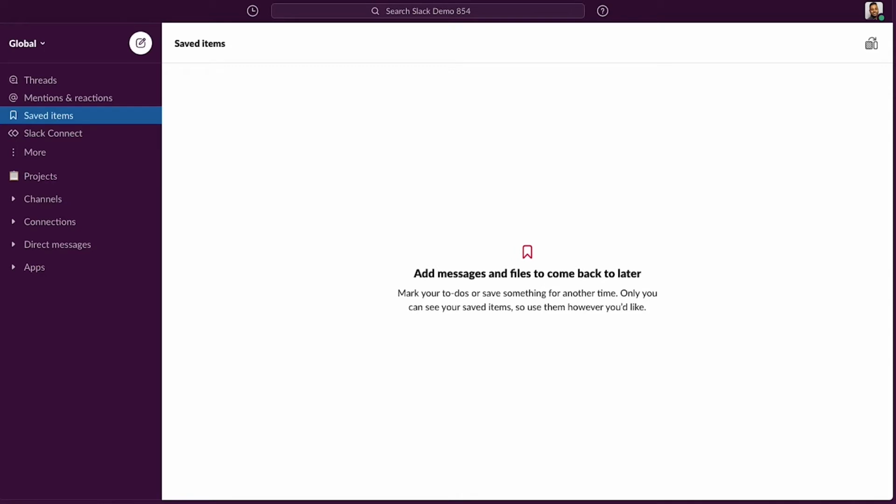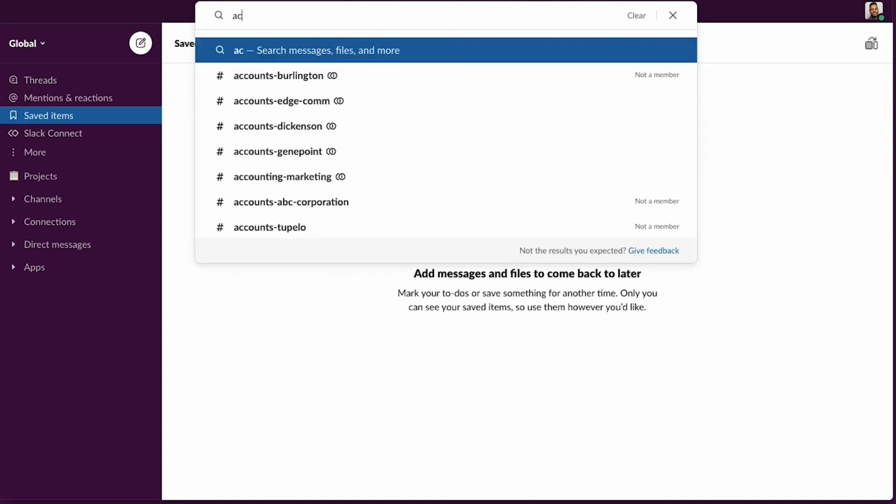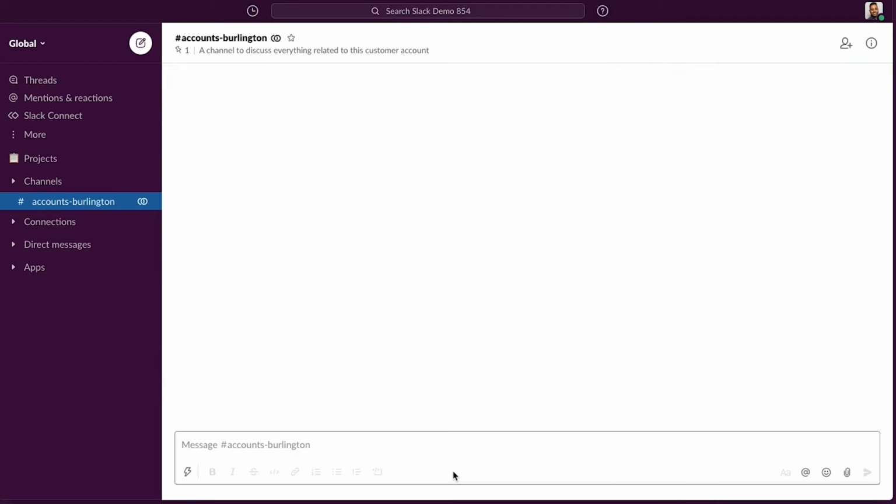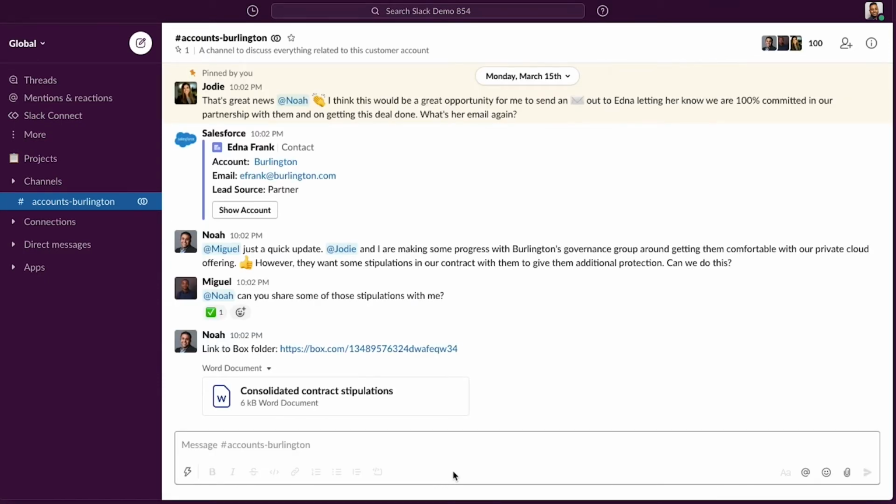At Acme, we create a dedicated channel in Slack for each of our accounts. So I'll start by searching for that. Here, I can see a channel for Burlington, so I'll go ahead and click on that, and join the channel. From here, I can see all the history on the account, allowing me to bring myself up to speed on the account and our relationship with them, without needing to bother the previous account manager or the rest of the